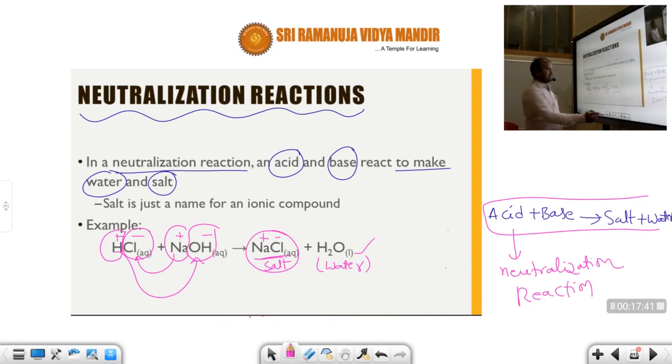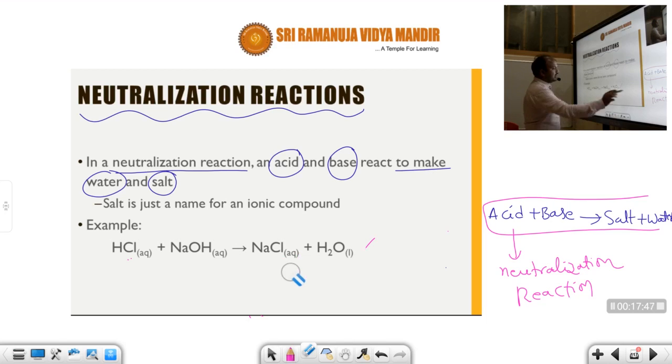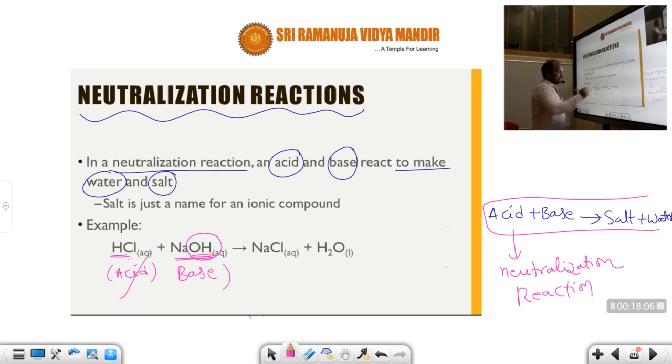So here what happens? Acid reacts with which one? Base. How can we know which is acid and which is base? Generally the compounds which contain hydrogen are considered as acid. Most of the compounds which contain hydrogen are called acid. Base means the compound containing OH group, hydroxide group. Hydroxide group is there, that is called base. So this is acid, hydrochloric acid. This is base, sodium hydroxide base. Generally most of the acids contain hydrogen. Most of the bases contain OH group, hydroxide group, that is base. Hydrogen is present in that acid.